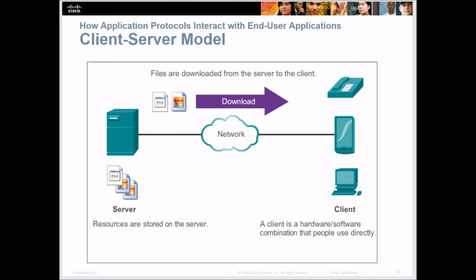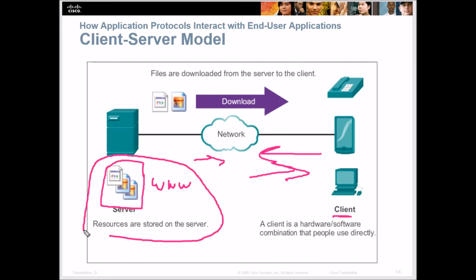In the client-server role model, we have a server that hosts information, and then we have our clients that request that information. So in this example, we might have a web service. So we have our www service. It's put onto the network or the internet, and then these clients request file pages, and then those get downloaded. That's a true server role that we have, and then we have a client role that's requesting information, and that server serves up that information.